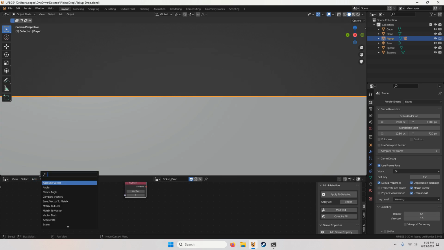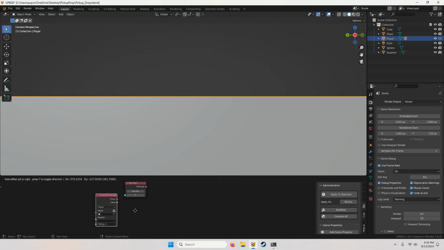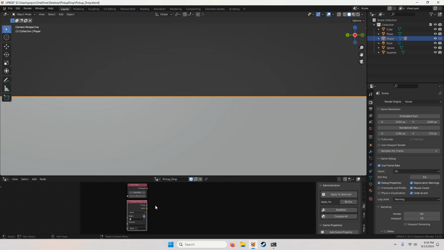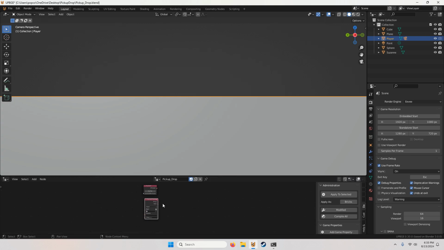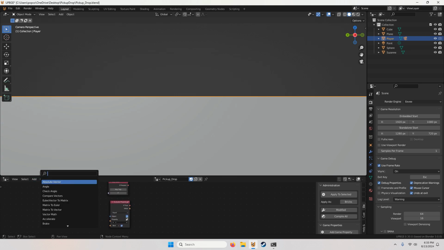An evaluate property. And have the use owner checked. And Boolean check. And have the C property.